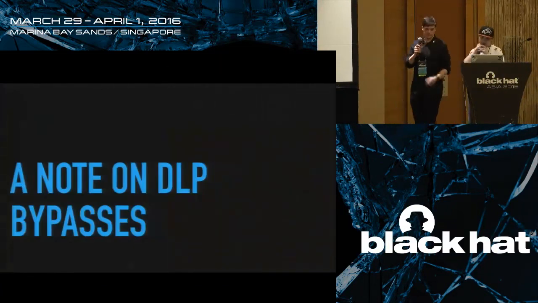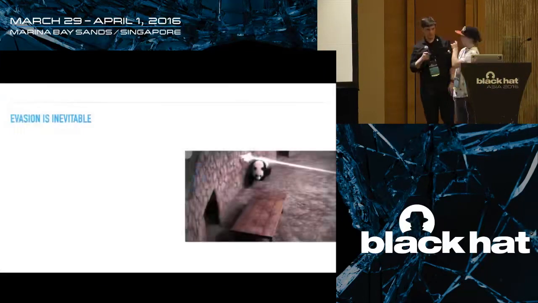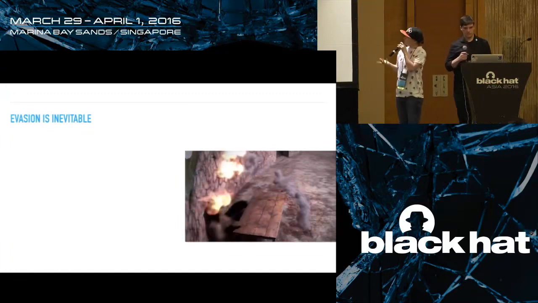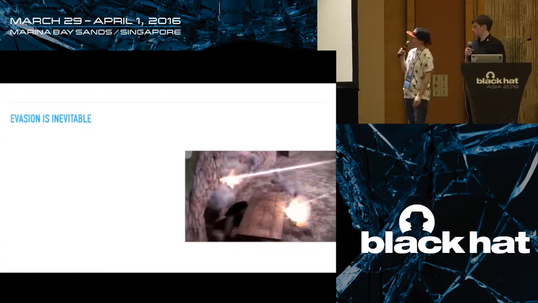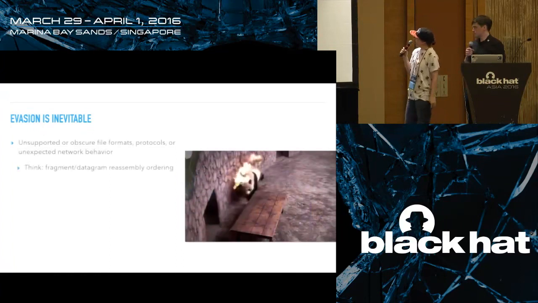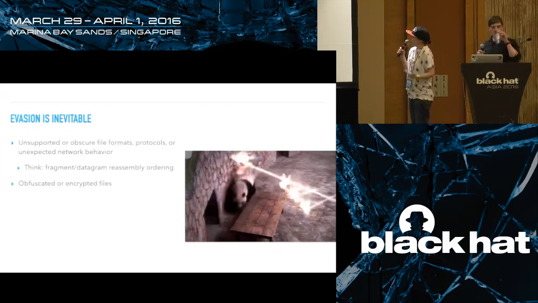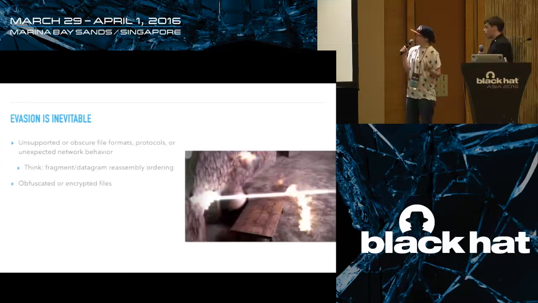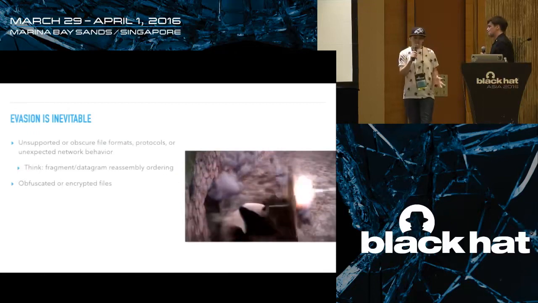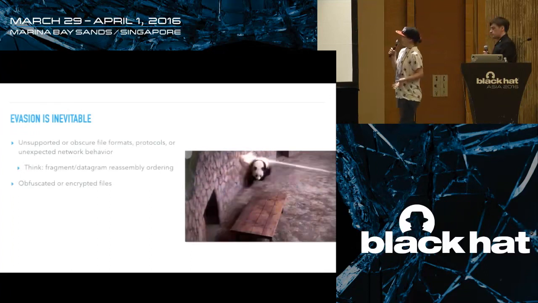So let's just breeze through this since we're kind of going over. A little bit about DLP bypasses. Evasion really is, okay, how bad do you want this? You're going to take away all your people's cell phones. What are some other ways to sneak around DLP and evade detection? Figure out what file formats they don't use, which ones aren't supported, maybe protocols, or doing weird things on the network. Sort of like heavily fragment and